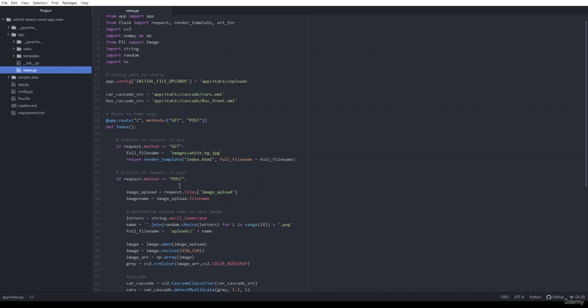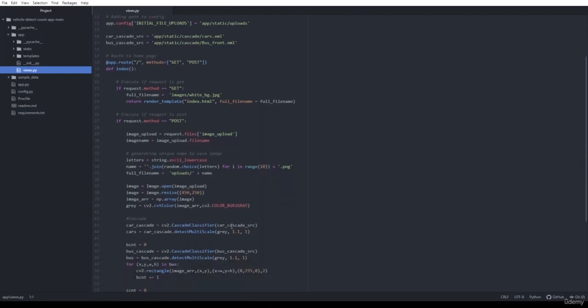In the POST command, you can see here that we are using an image upload button, and we will upload an image here. After that, we will generate a unique name to save the image, and this full file name will go into the uploads folder with the name which is generated here.